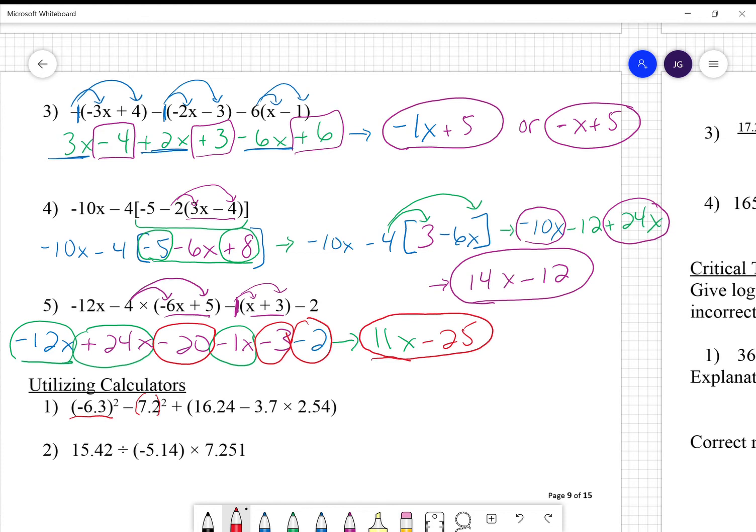All right, in my parentheses, this would happen first. So let's do this. Negative 6.3 squared. Let's write this over here. I will get 39.69 minus 7.2 squared,